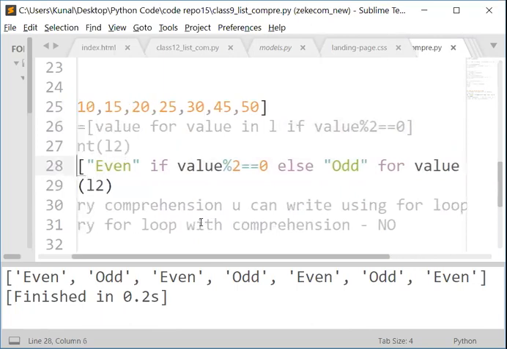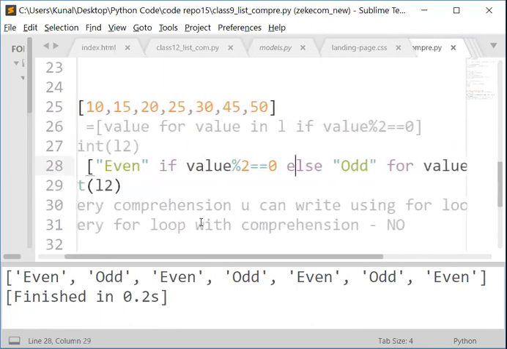Here I cannot use elif. If I want multiple conditions, then I can use multiple else. So here, let's say, we have to write exactly no else and then output. But if we need multiple conditions,